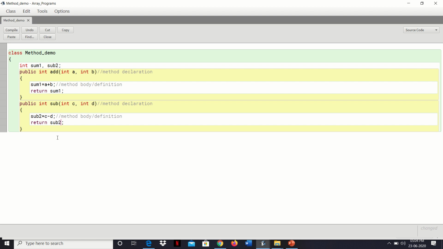Now after this we'll write a display method, public void display. We keep this display method as void because it will return nothing to the function. We'll write the method definition like this: system dot out dot println.